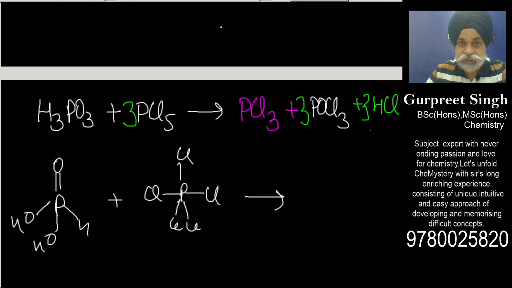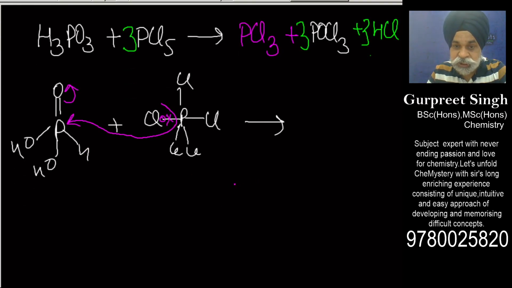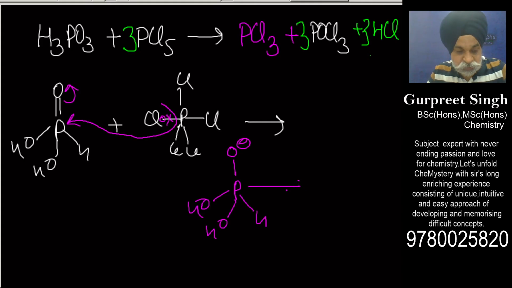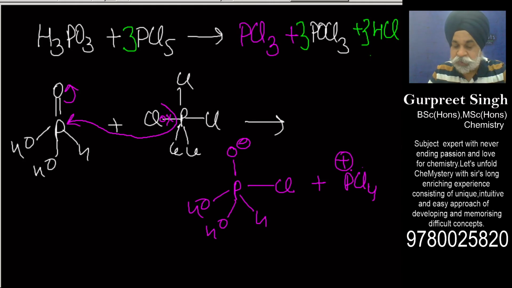Now, if I place this just for your ease, this way you can introspect the things and follow the logic. So this goes like this, and what we shall be thinking of getting here is a negative charge on OH and H, and this got bonded here. It got bonded with Cl, and the Cl negative got attacked here, and along with it you would get PCl4 positive. This is what you happen to get here.